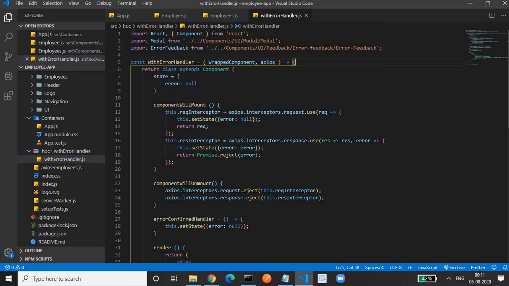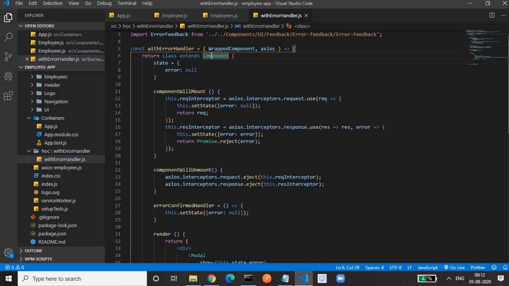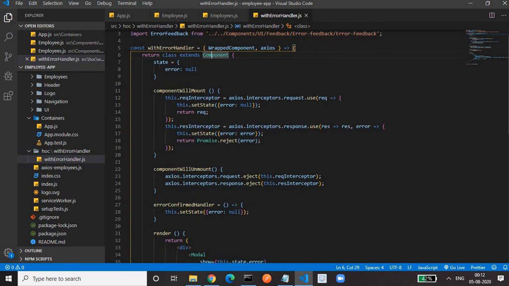In this functional component we are returning another component, a class that extends Component, in which we are maintaining the state, having error as null. Then we have a componentWillMount function in which we will add the interceptor.